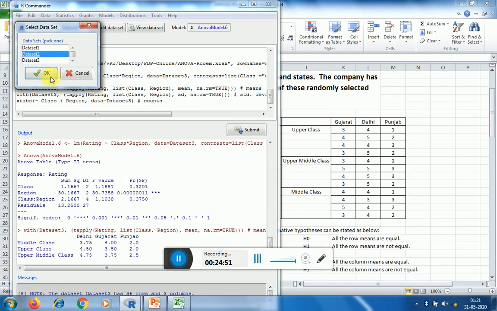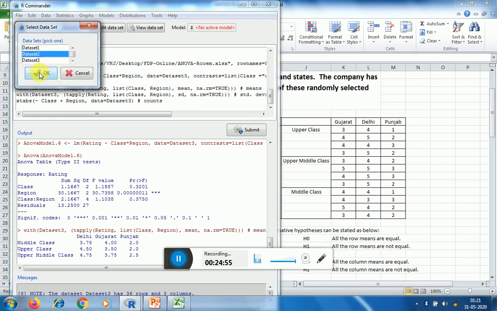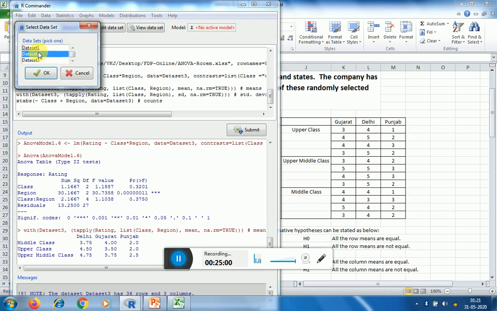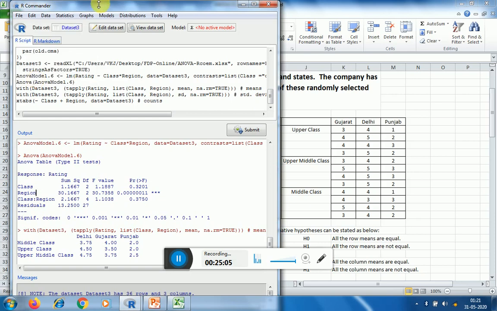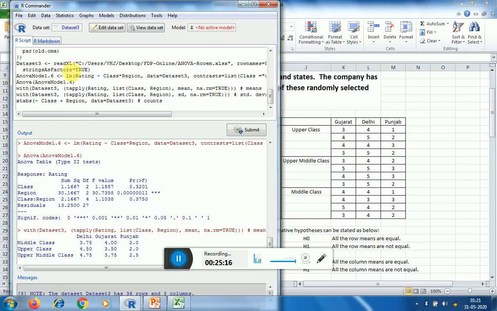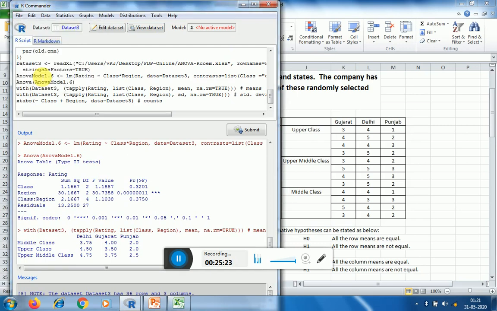So if I take this data set 2, okay, So this is data set 1. So I can use this data set if I want, or if I want to make any such a comparison between the data sets, I can also make that comparison here itself.